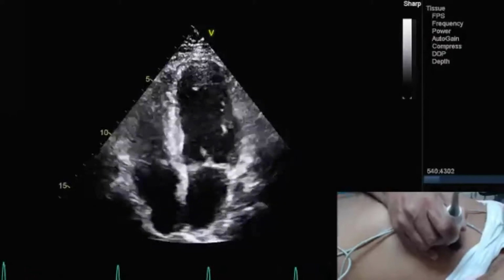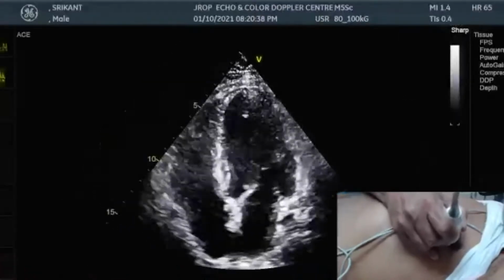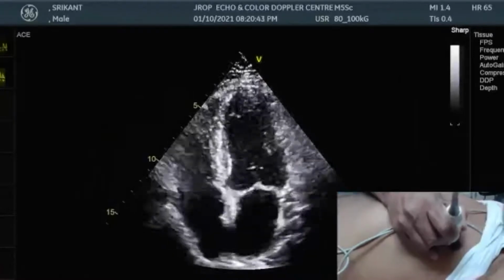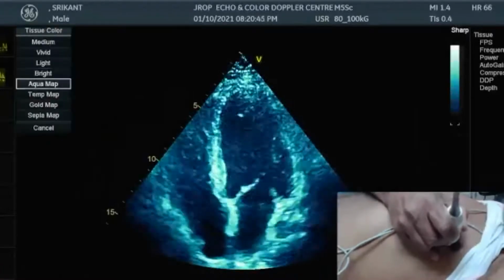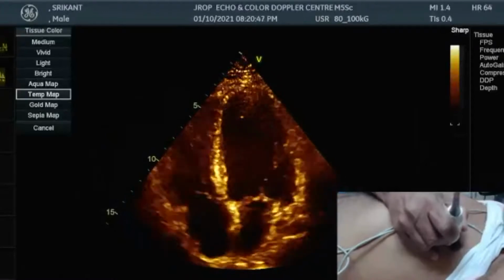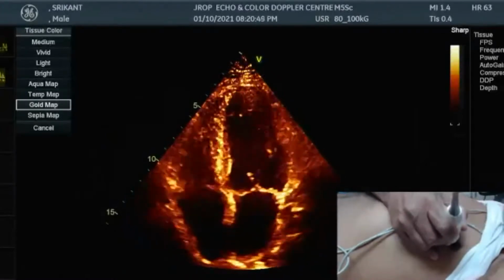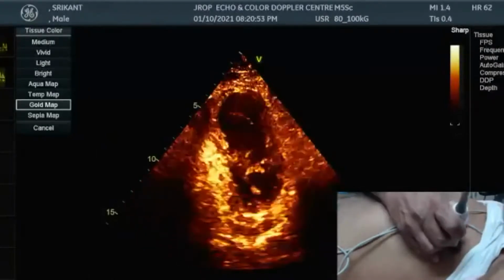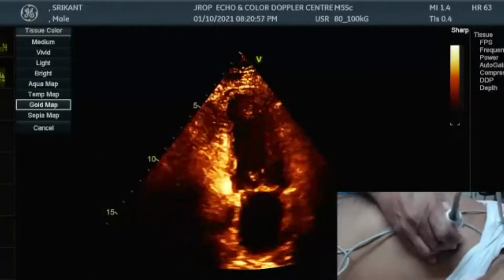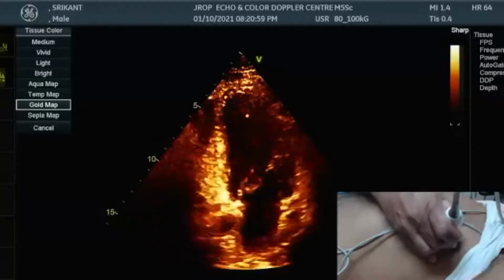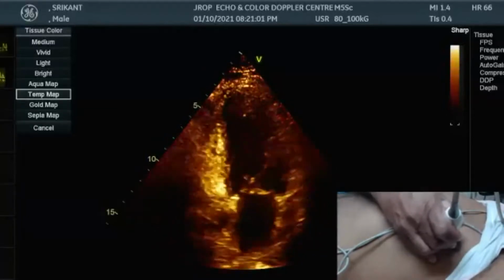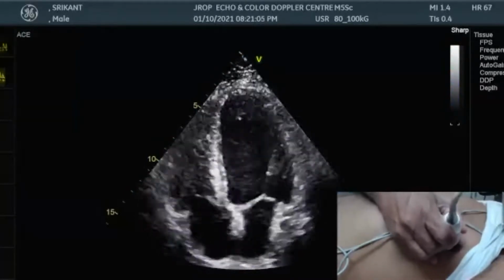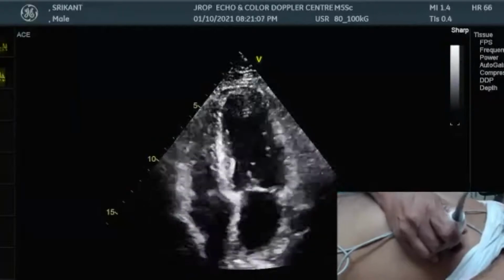This is just utilizing my machine. They'll come and give you the machine, but you'll have to learn to play with the machines. I can't see, so I'll change my colors to aqua, temporal map, then gold, to look at my contraction of the endocardium. I have to take out the machine's images. That's what we have to do. So all these things, you have to do by yourself. Nobody is going to tell you, look, do this.